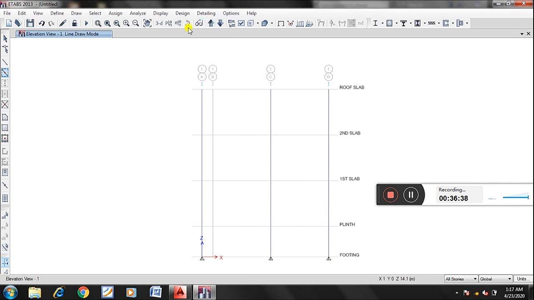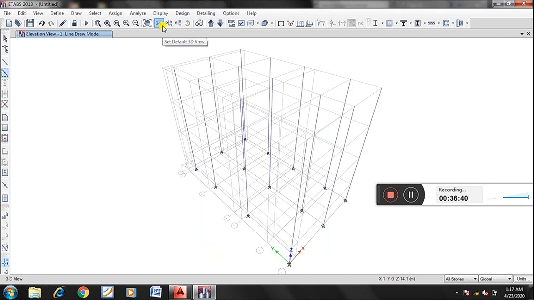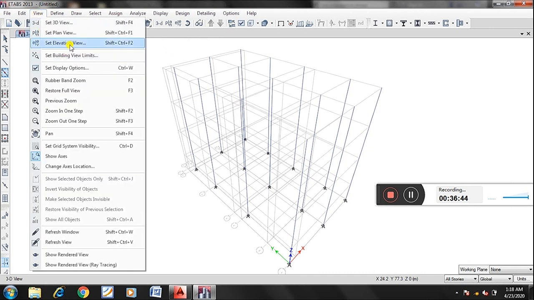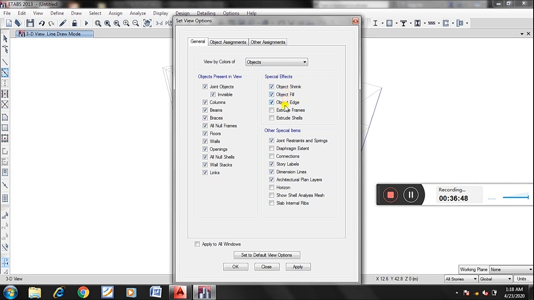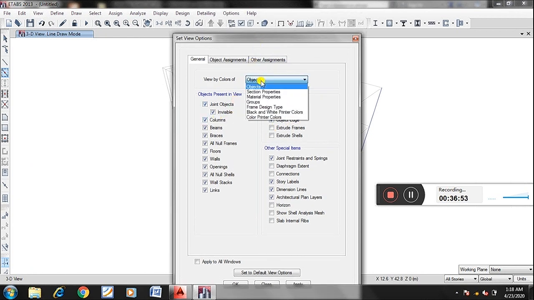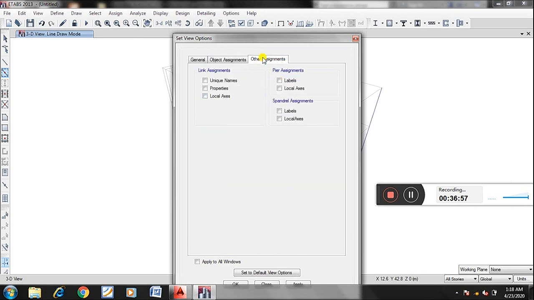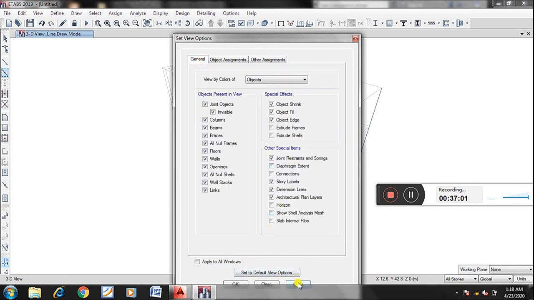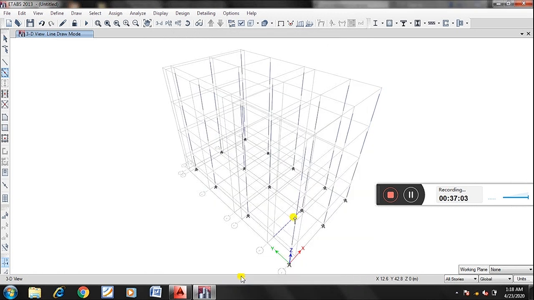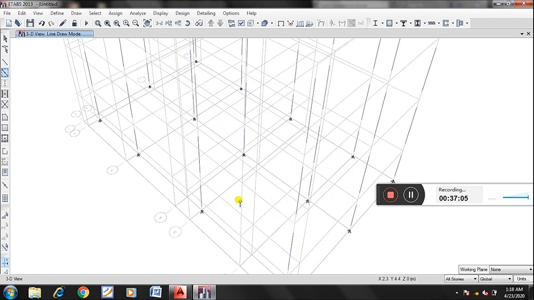Okay, I'll go through 3D model view. These are all defined.